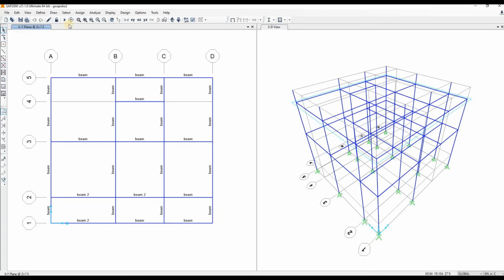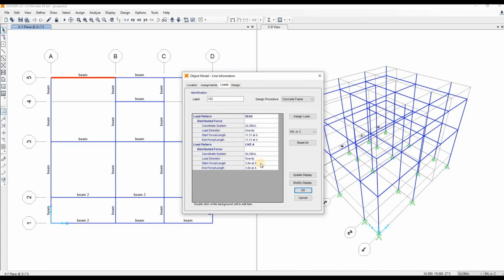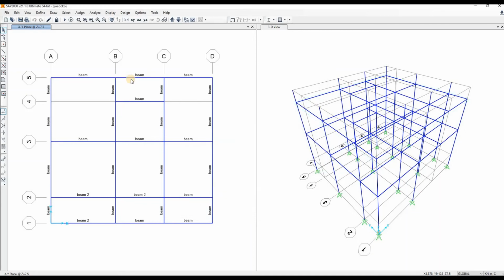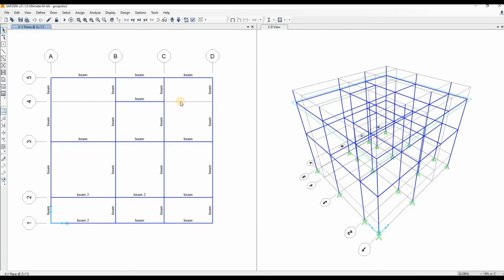Here I've already assigned the loads to each of these beams. If you right click on it, look at loads, it already has the loads that are needed. So after that, you just have to